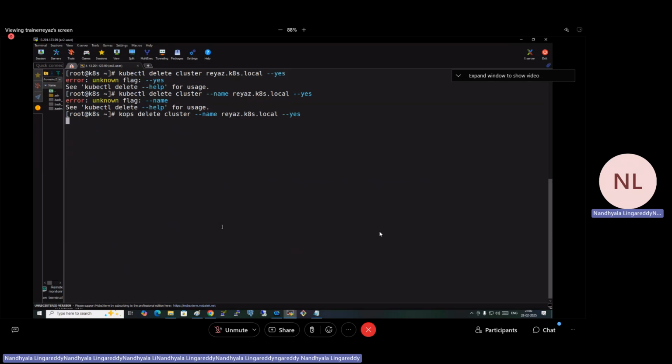So this will take time and then delete all the VPC, security groups, machines, and everything. If you don't delete from here, you need to delete each and everything individually in AWS. In AWS, one VPC gets created.